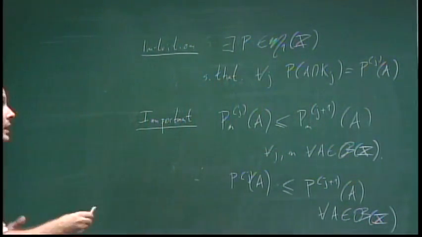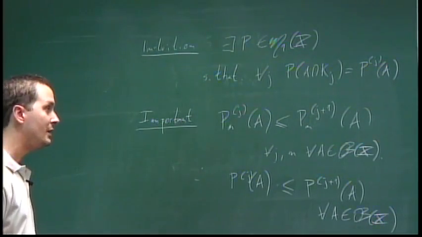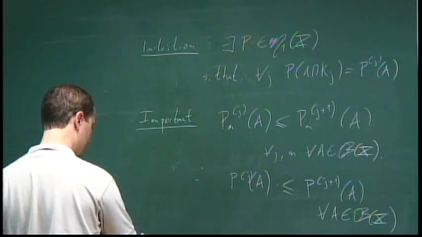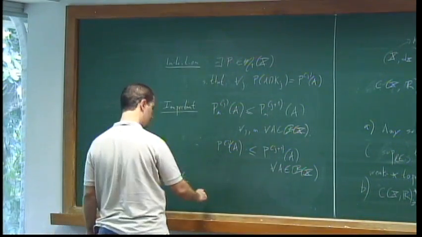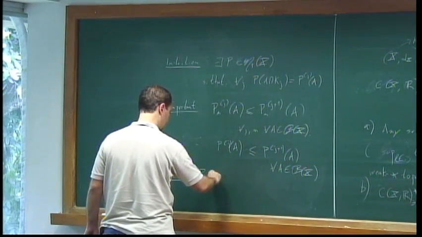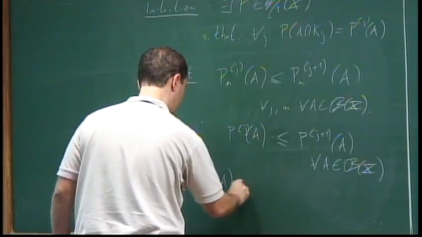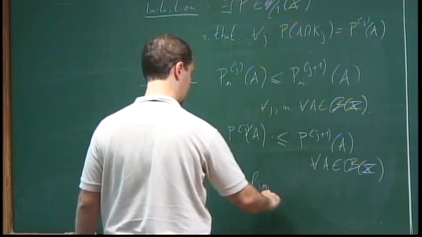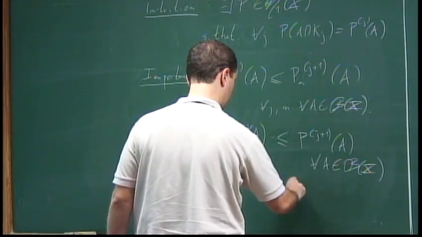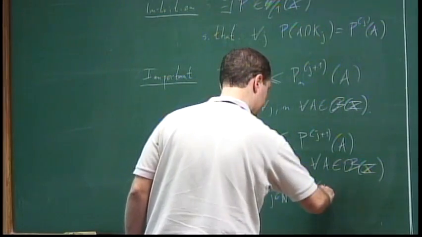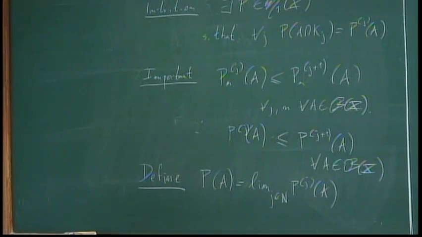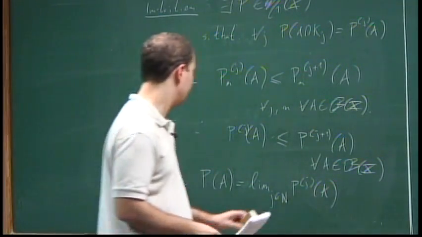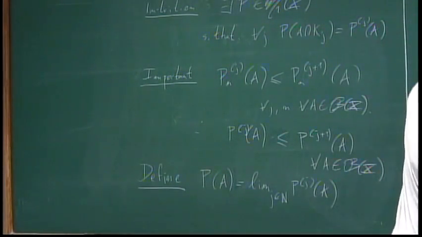Right? So the way I'm going to define p, and it's not obvious that it gives you a measure, though we had an exercise last class, it's just, well, we define p of A as the limit in j of p sub j of A. And it's clear that this limit exists, because it's an increasing sequence of numbers. Okay, so what about this? So we need to check that it's indeed a probability measure.